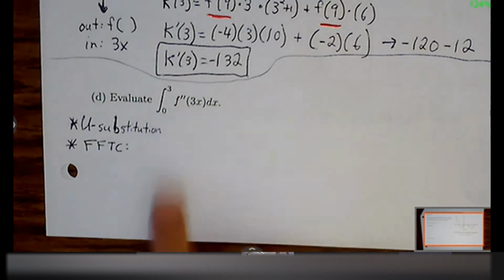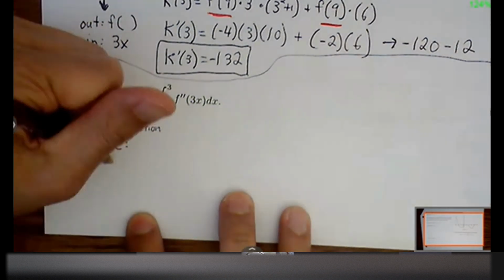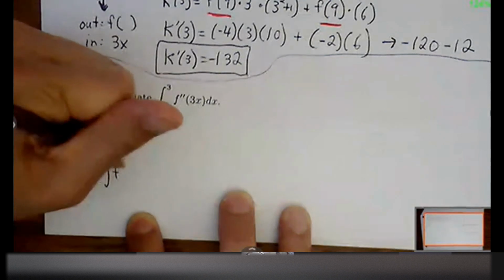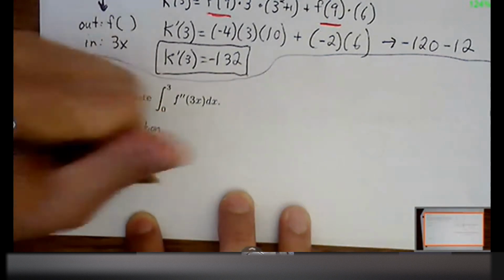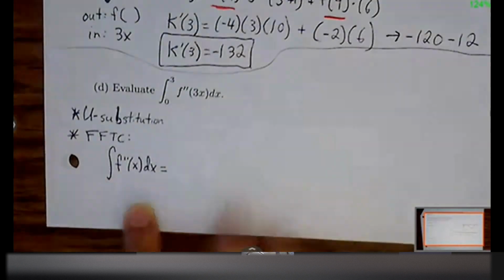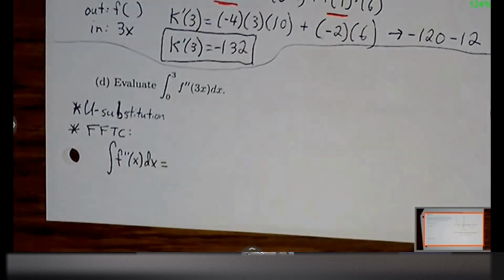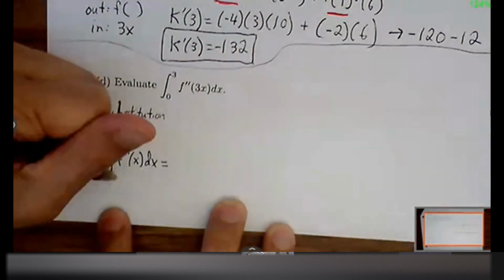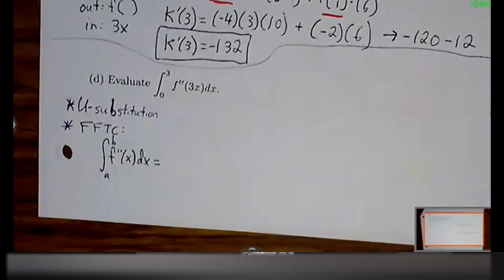So let's just explore that relationship here. If I have f double prime of x, what's going to happen to that f double prime if I push it through the integral process? Just becomes f prime. Right. So I think we're really comfortable with derivative features. If I ask you for the derivative of f, you know to go to f prime. Derivative of that, you'll call it f double prime.